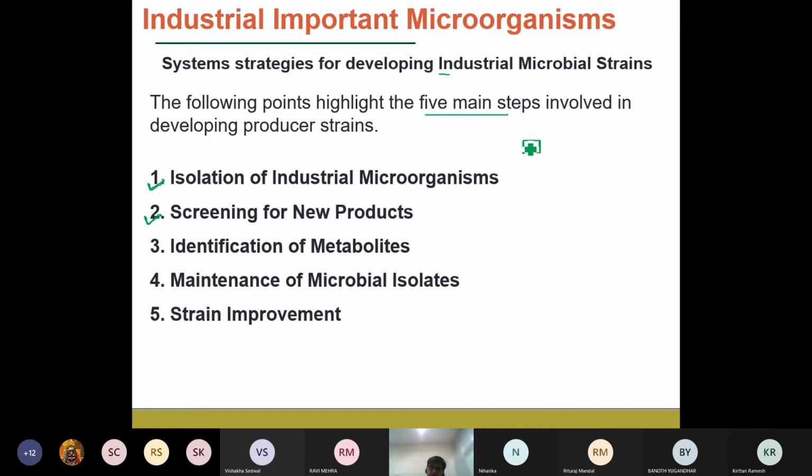Let us take an example. I think we discussed it in the last class. Suppose we go to a volcanic region, and we know that the soil there is very rich in sulfur, and you want to extract the microorganism which produces this sulfur. So you go to that volcanic region and take a particular amount of soil from a particular place.